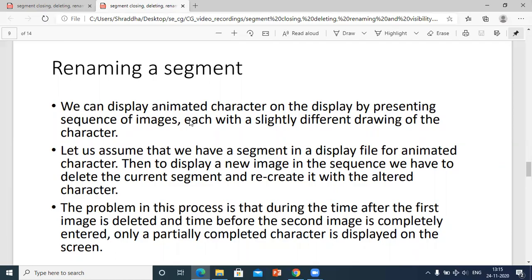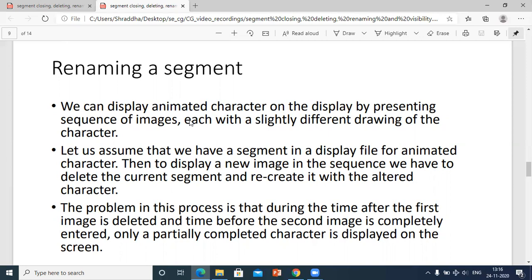The problem in this process is that during the time after the first image is deleted and before the second image is completely entered, only a partially completed character is displayed on the screen. So this is actually a problem while renaming a segment.